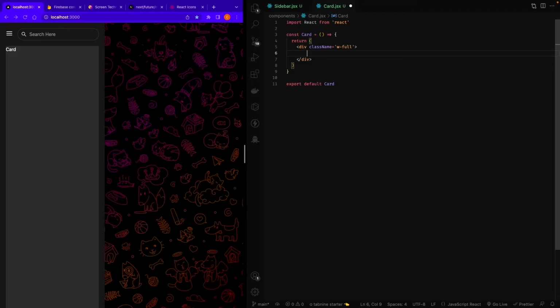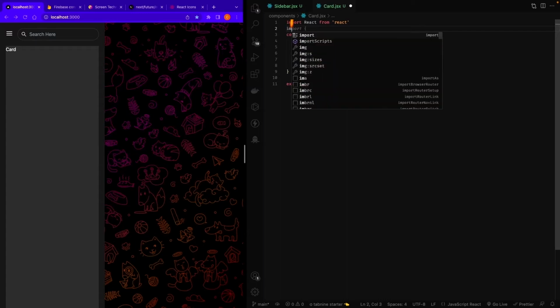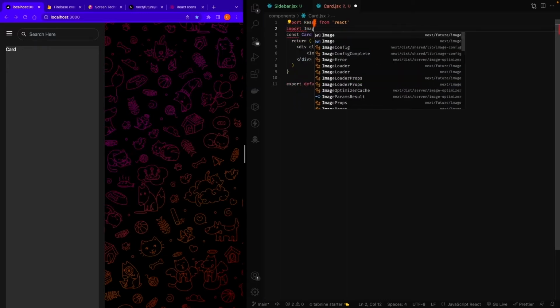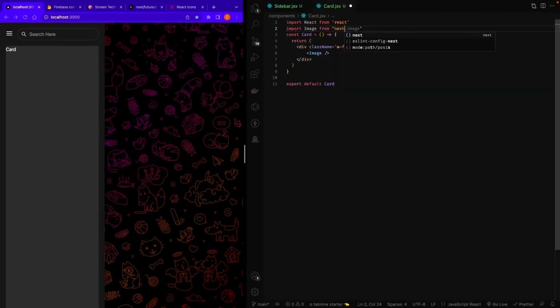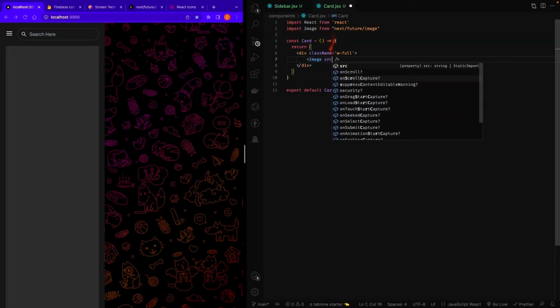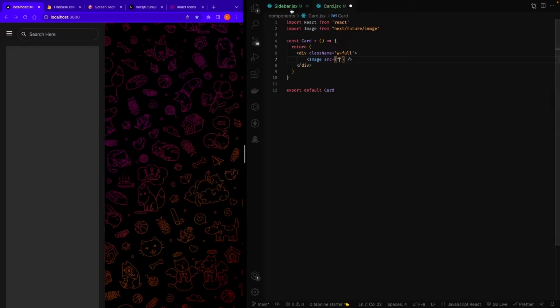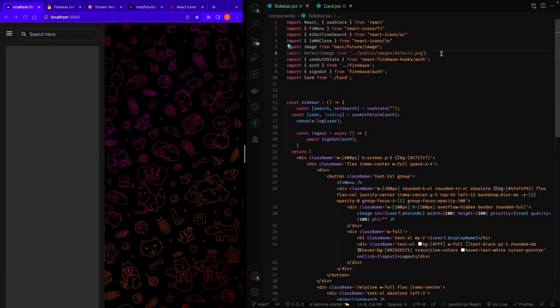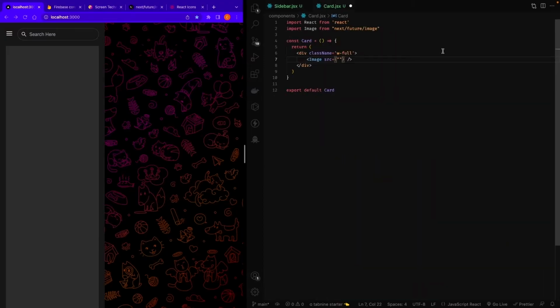inside this I'm going to create an image component. So it should be like this, and I have to import my image component. So it will be like import Image from next/future/image, just like this. Now at this point we need to give the source, so src equals, let's say I'm just importing this image for right now. Come to this point, and I'm just pasting it at this point, and then I'm going to pass that default image,